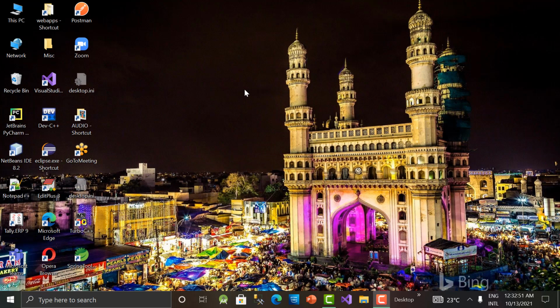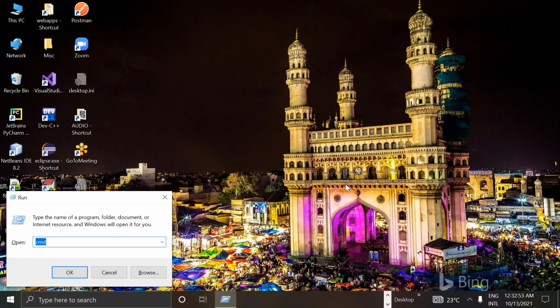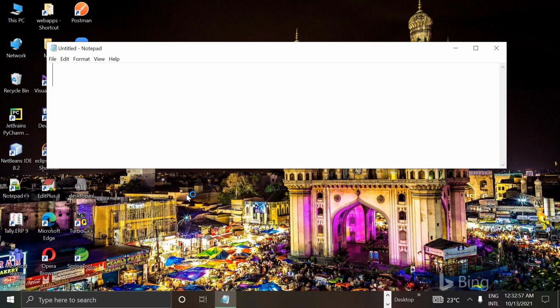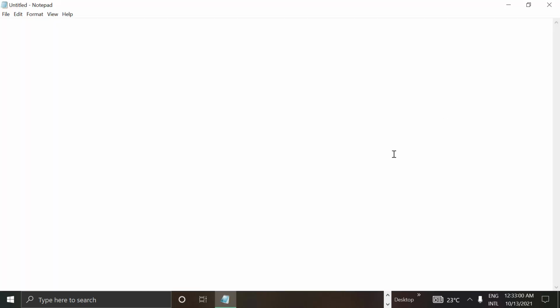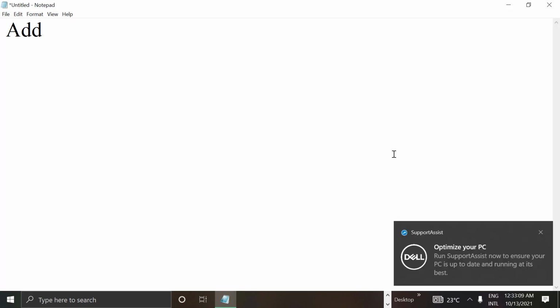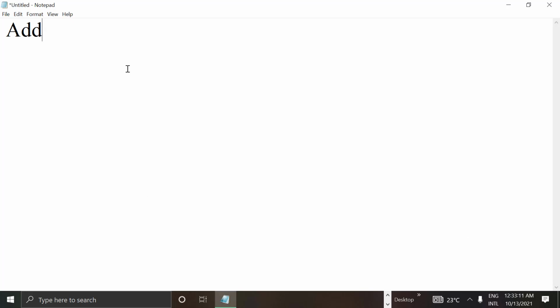Now, my intention is, when the user is passing multiple arguments, how to work with them. Let me open Notepad. The application that I want to develop is this: at the command prompt, say my file name is add, so java space add, and I'm passing some values.